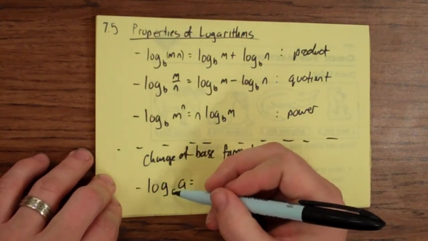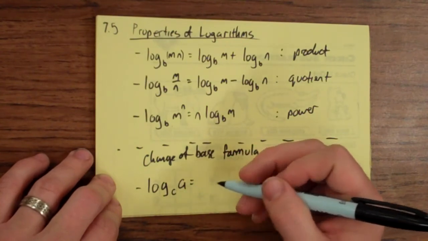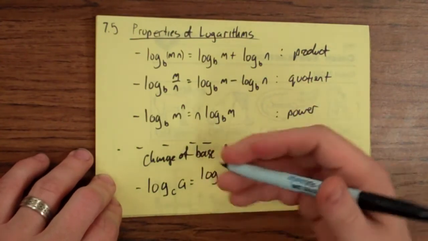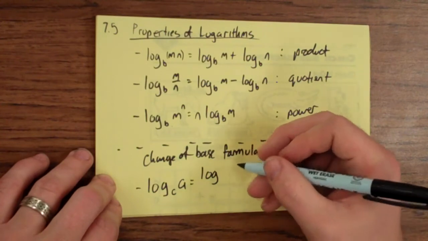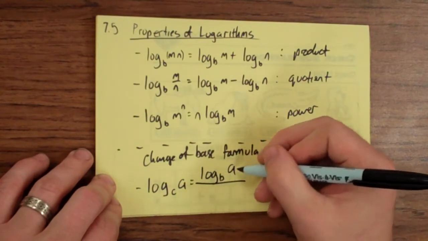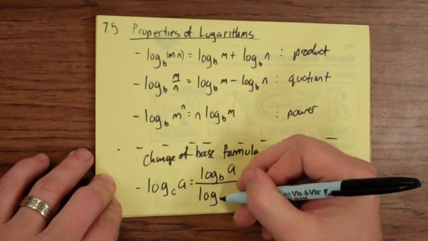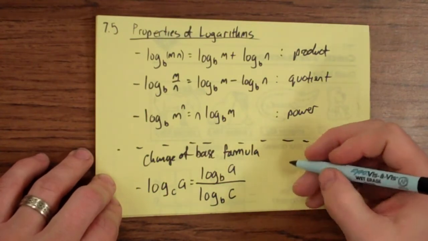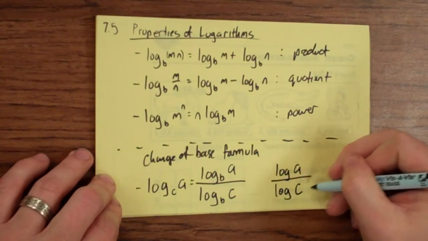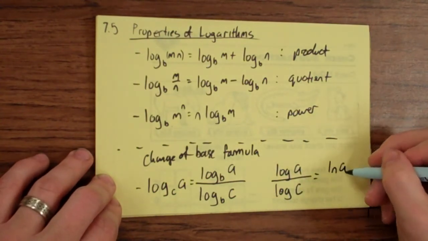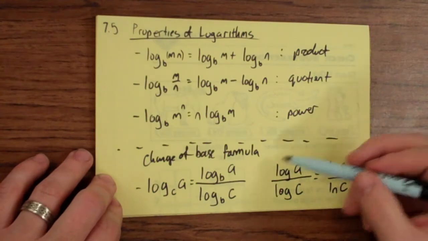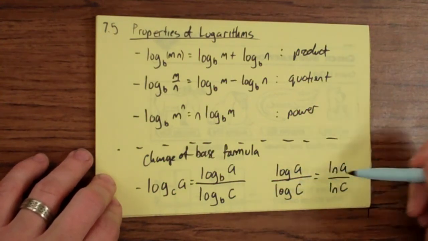So what I do is I'll just pick another log of a different base than c, and I will say I'll use log base 10. Right? Any base will do, but for the formula let's just say log of any other base of a over the log of any other base of c. So in particular we could use log base 10 of a over log base 10 of c, or we could use the natural log of a over the natural log of c. If our calculator could do any other base, we could choose to use those bases, but these two bases will do. Either way you want to go,